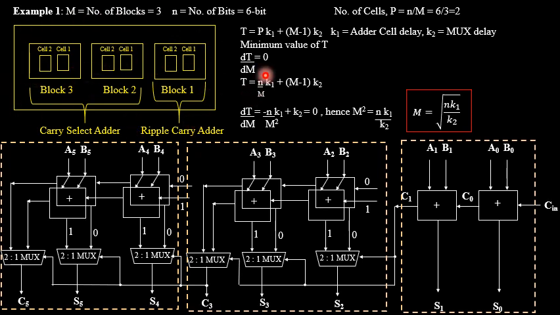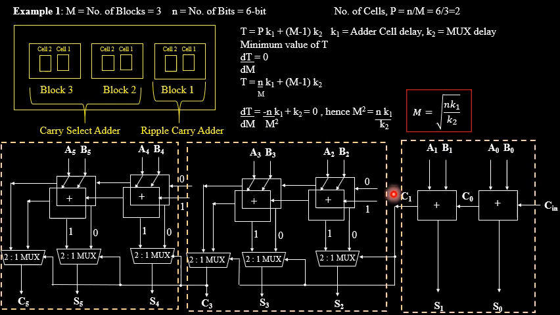So this is how it will appear. And now I know that whenever I have distinct blocks, the first block, that is the right side block, is always reserved for a ripple carry adder cell. So this block represents ripple carry adder, wherein I have 2 cells. So 2 blocks I have to use. In terms of cells, it is nothing but 2 bits. So the 2-bit representation will be in terms of block 1, which is the representation as ripple carry adder.